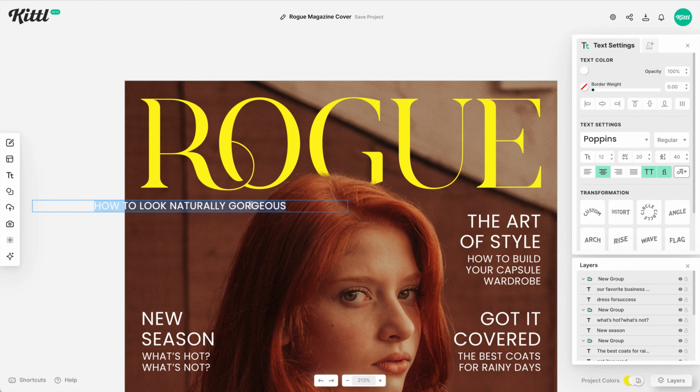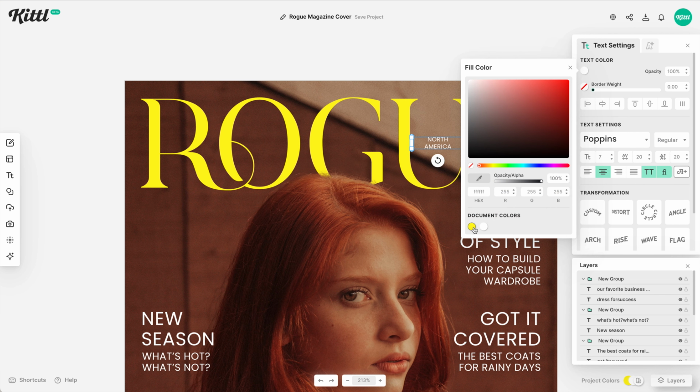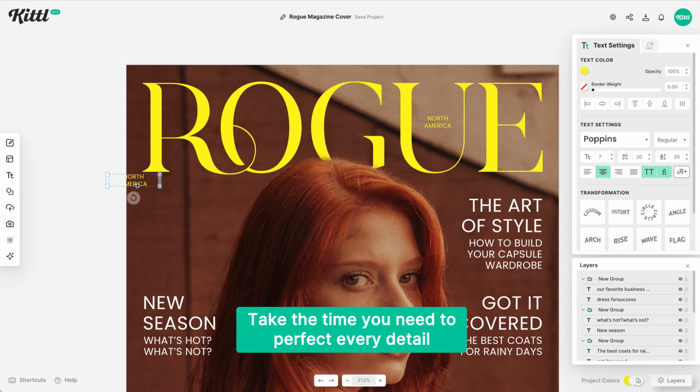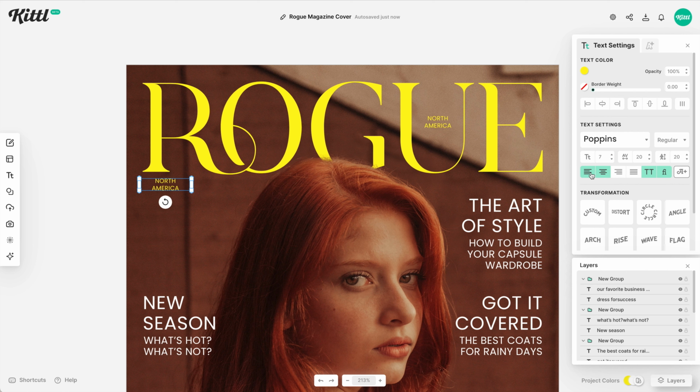And so now what I'm going to do is give just a little extra visual interest, because a lot of times you'll see these magazines have the place of origin, the country or wherever they're being shown. And so I'm going to put North America up here inside of the U right here, and then I'm going to just decrease it and make it the same color, yellow, just kind of like a little visual interest piece right there. So then I'm going to duplicate this, and then I'm going to put it over here next to the R. I'm going to left justify it,